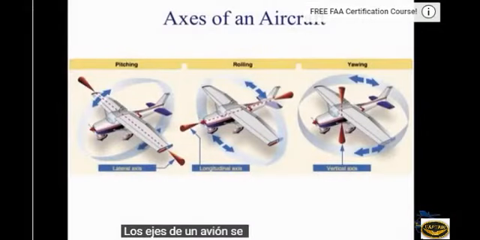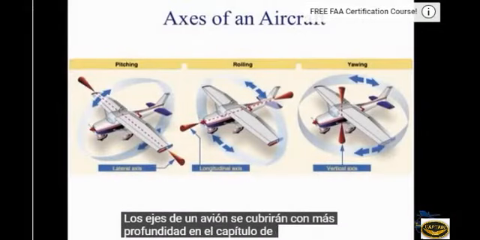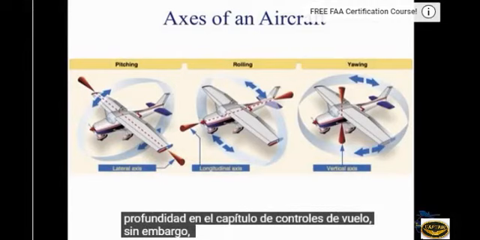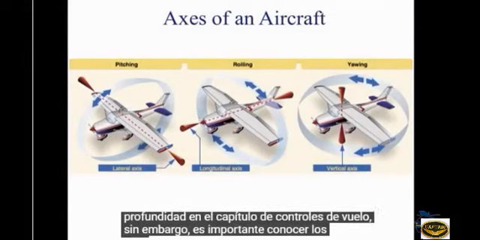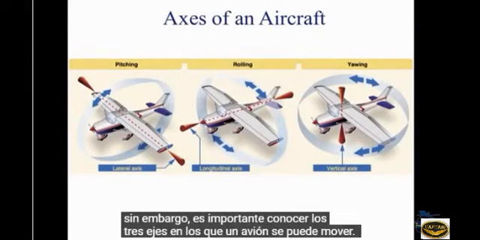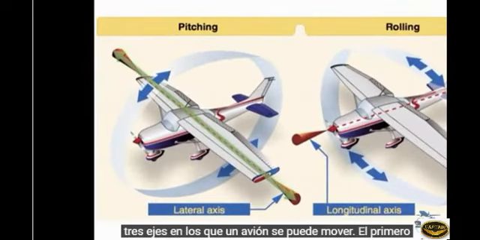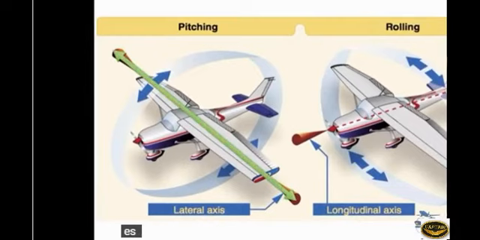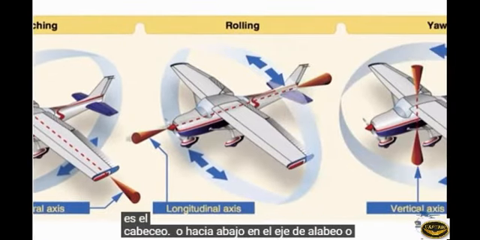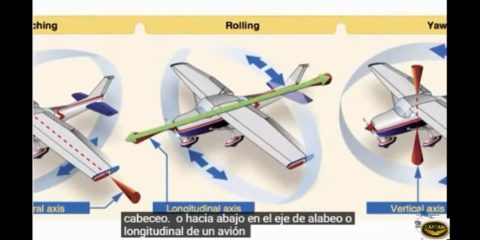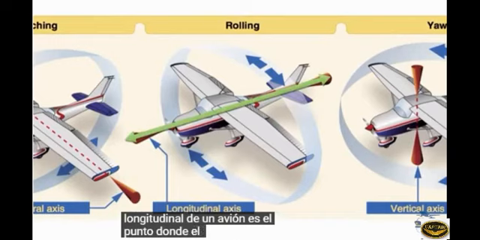The axes of an aircraft will be covered more in depth in the flight controls chapter. However, it is important to know the 3 axes that an airplane can move on. The first is pitch. The pitch, or lateral axis, is the point that a plane will pitch its nose up or down on. The roll, or longitudinal axis of an aircraft, is the point where the airplane will roll to